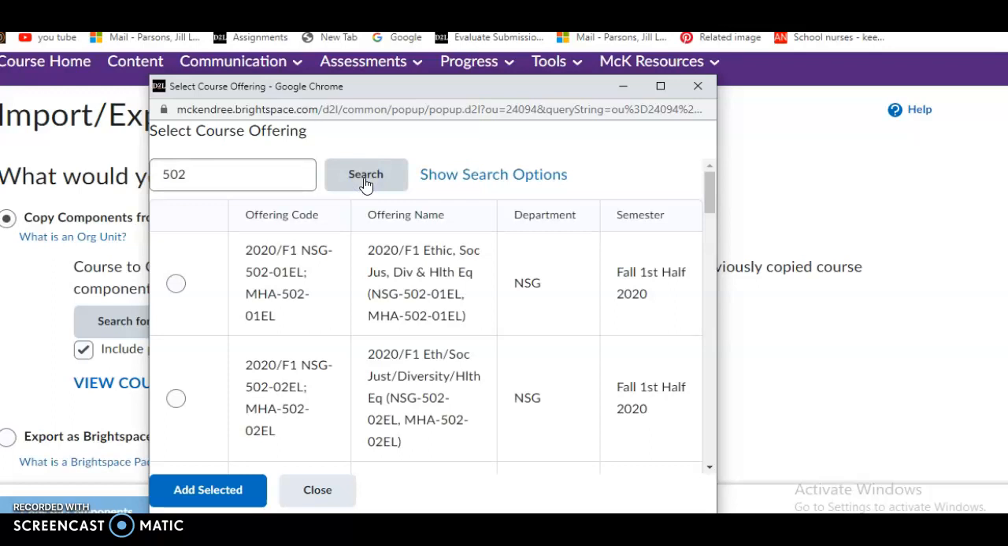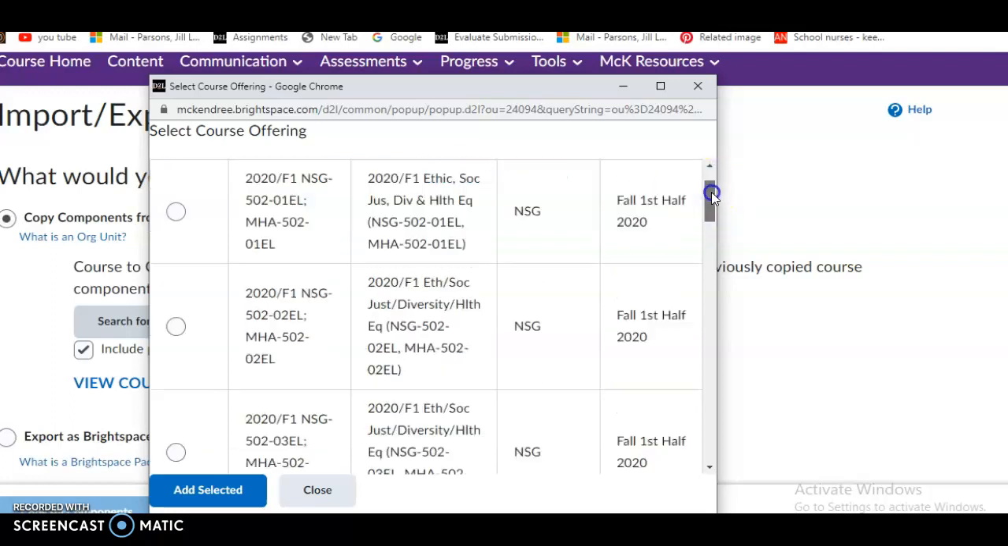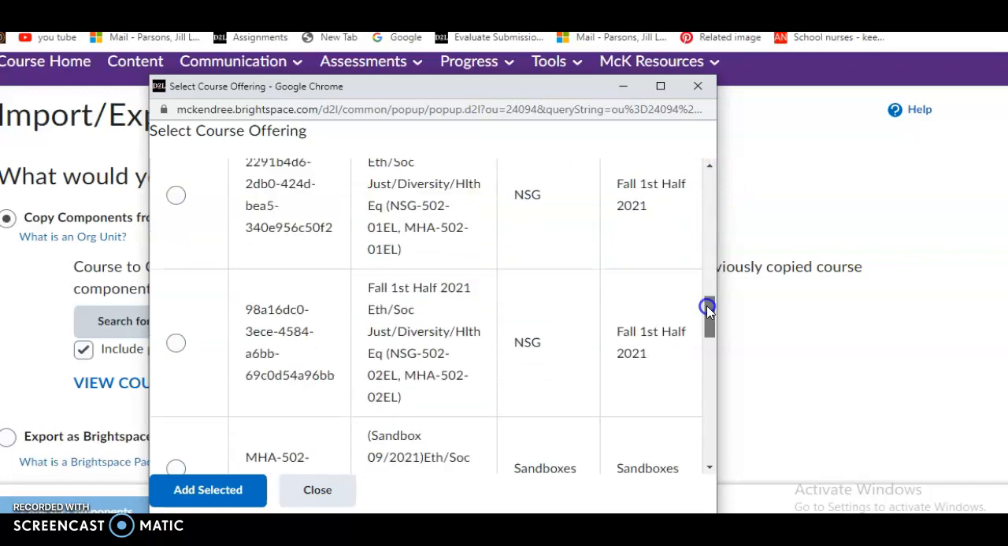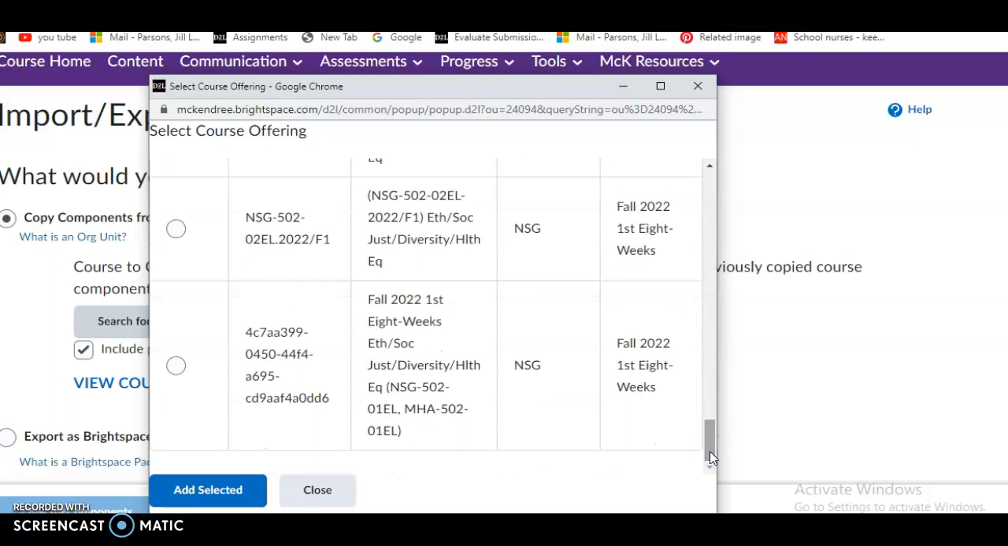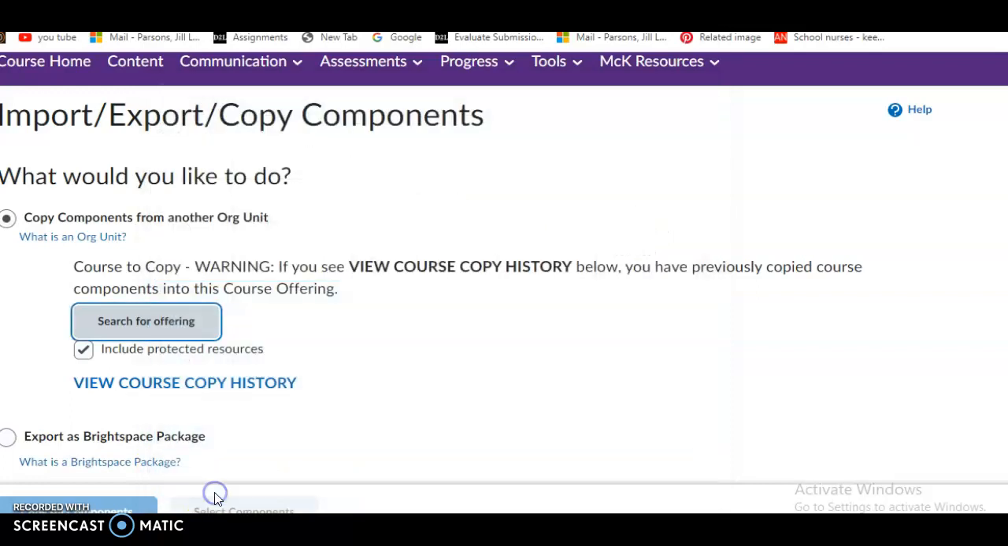Now, prior course shells from prior years will be available for you to copy, but of course you would want to copy the most recent shell. So if we arrow all the way down, my recommendation would be to copy the course shell fall of 2022, section 01, okay, because that is the shell that I've updated thus far. If you click on that and then add selected,